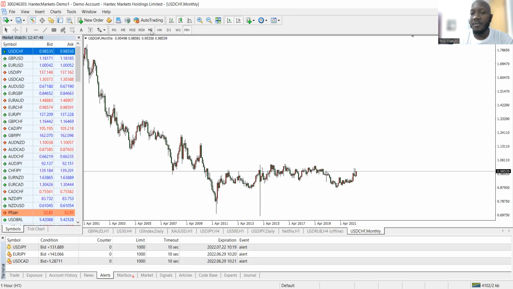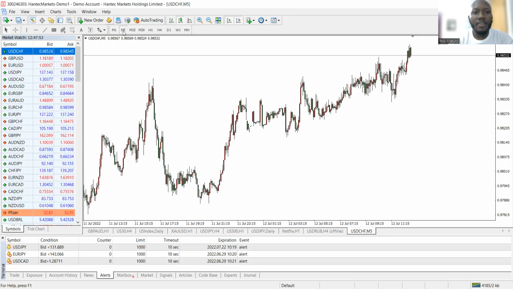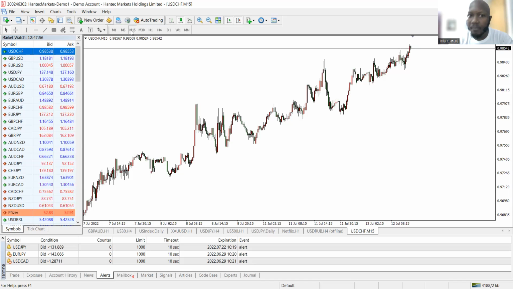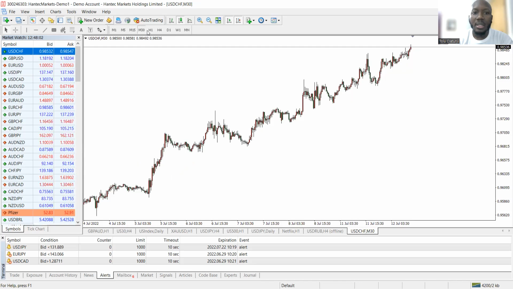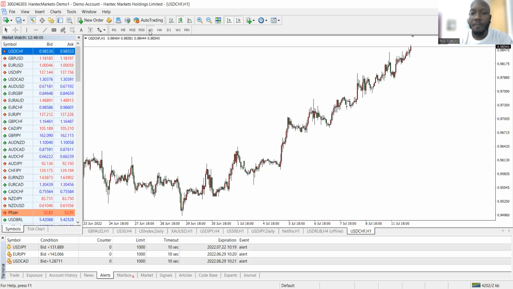The best time frame for a scalper will probably be around the 1 minute, 5 minutes, or 15 minutes time frame. And the best time frame for an intraday trader could be the 15 minutes, 30 minutes, or 1 hour time frame, because the intraday trader and the scalper are in and out of the market within that same day. The scalper is in and out within a few seconds to a few minutes, while the intraday trader is in for a maximum of a few hours. But before the close of that day, that trader is out of the market.